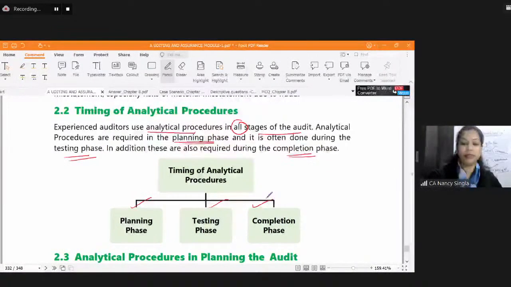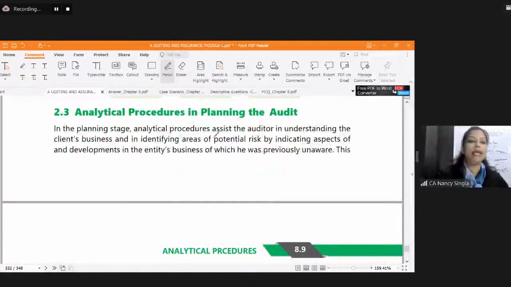Planning, testing, and completion. Okay? In planning, first of all, analytical procedures help the auditor in understanding the client's business. So when he is understanding the entity, the auditor will see, acha, this company can have a GP ratio of 10%, or this company is now facing losses. It considers the entity and its environment, and helps in identifying the